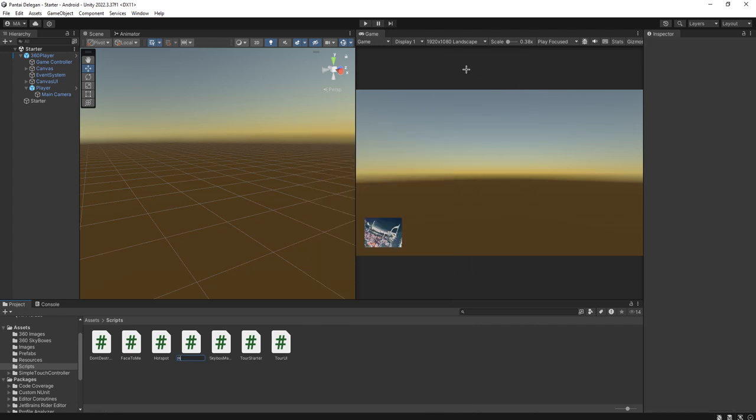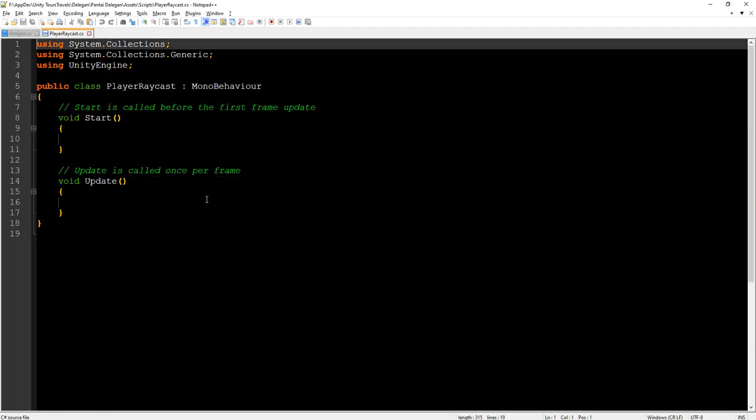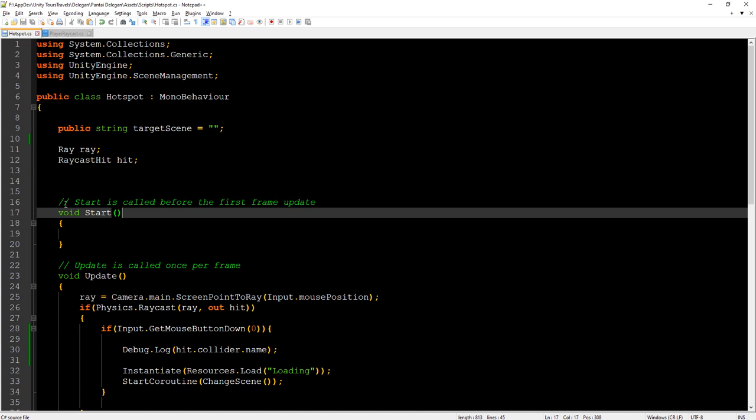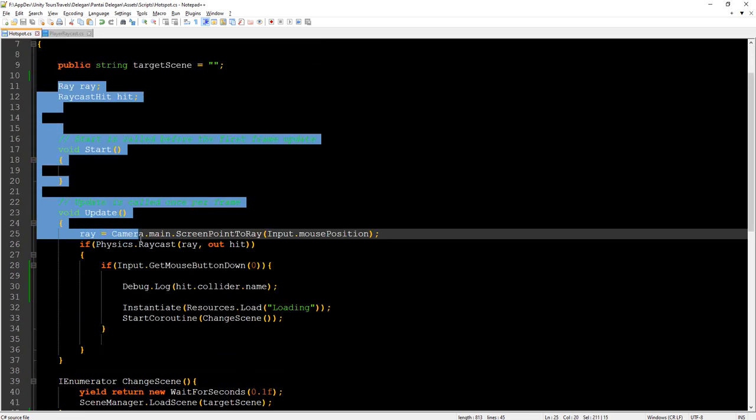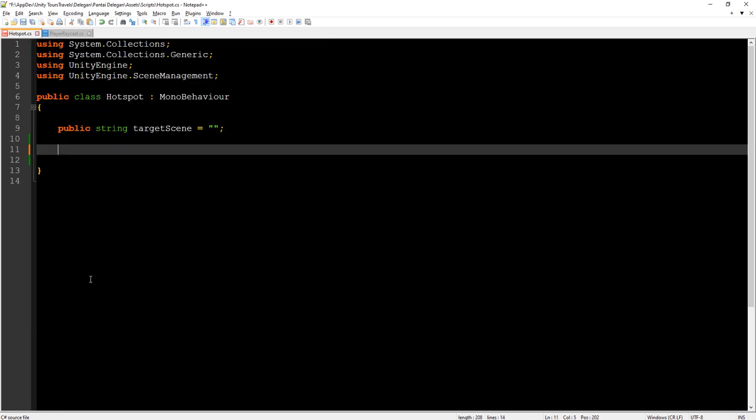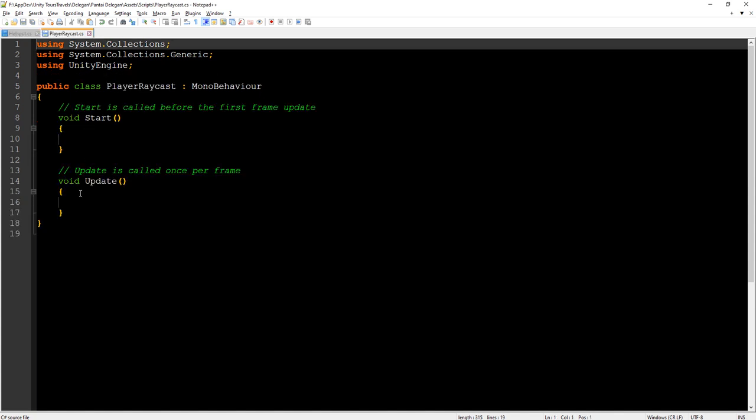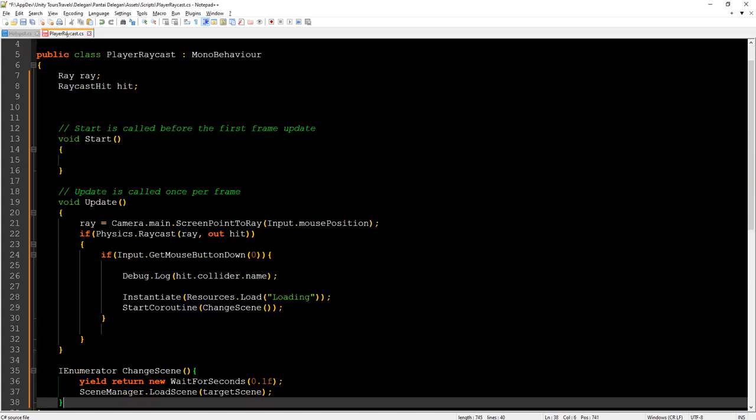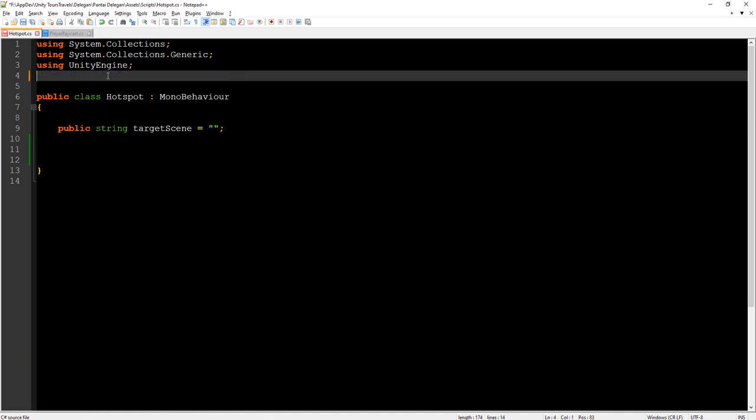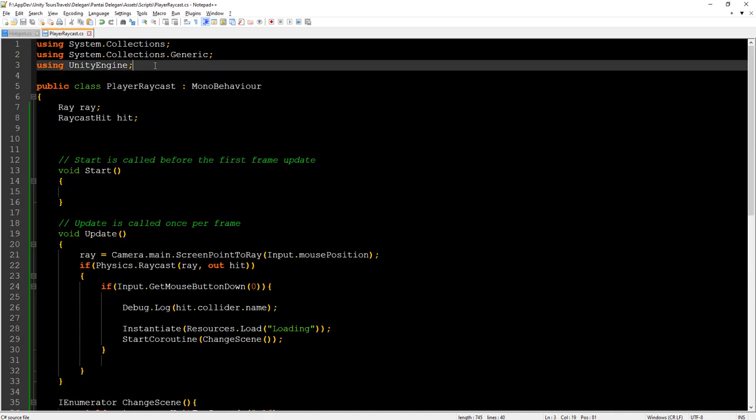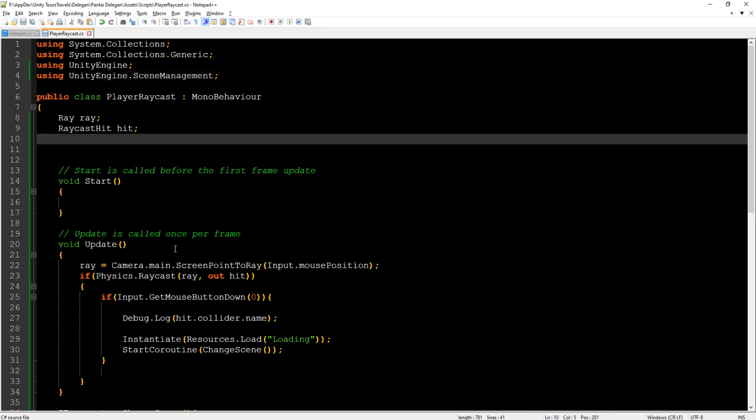The solution is we need to create another separate script for the raycast. We will call it PlayerRaycast, and we move the raycast from this line to this line. We move it to this PlayerRaycast script. Move the scene management here,